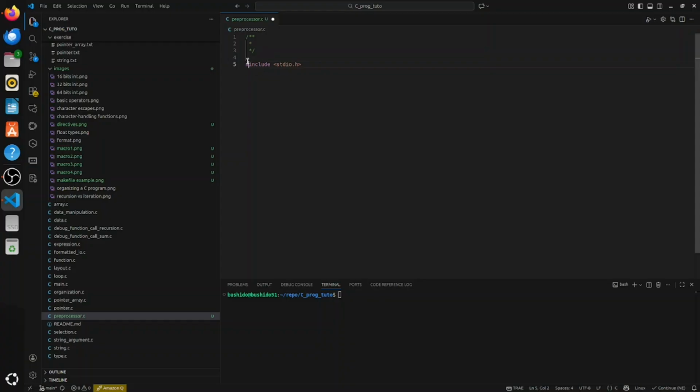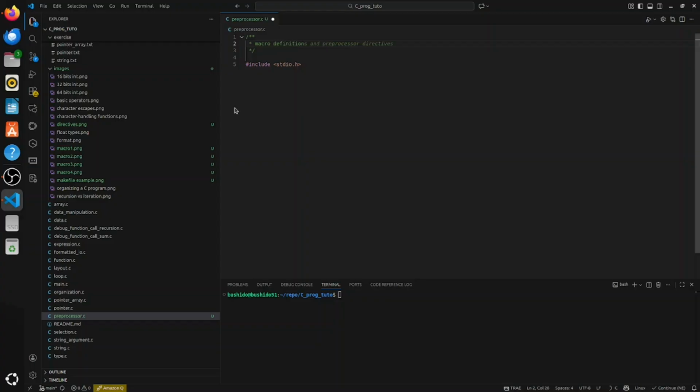Any directive starts with a hashtag and the name of the directive. We have hashtag include, hashtag define, and more. We can group them in three categories: macro